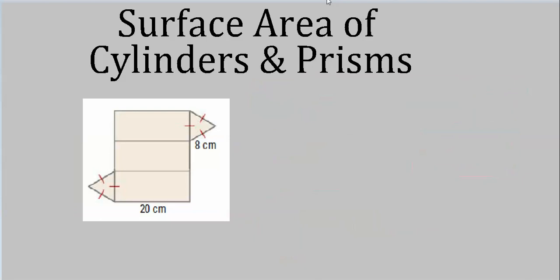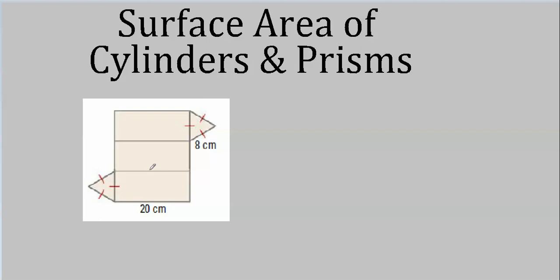Well, here's a net of a solid. We're supposed to figure out what that solid might be, and then find the surface area. Well, since we have all polygons laid out here, first off we can say we have a polyhedra. Now what kind of a polyhedra might we have? Well, we got a triangle. In fact, it's an equilateral triangle at each end.